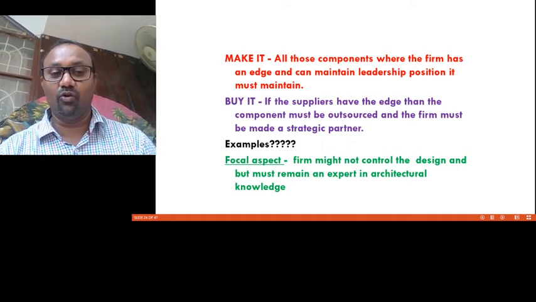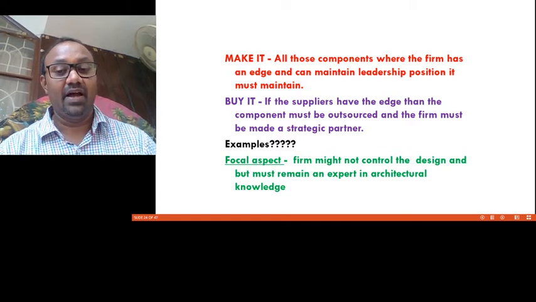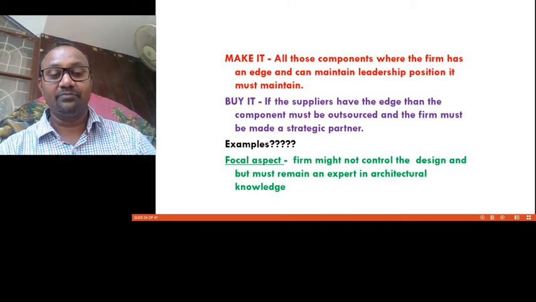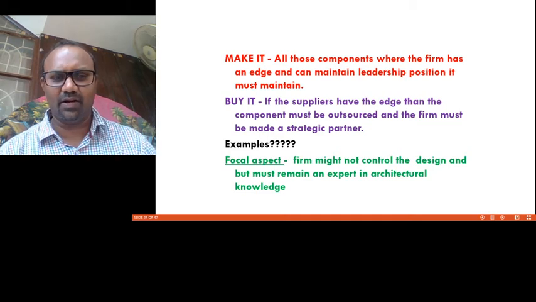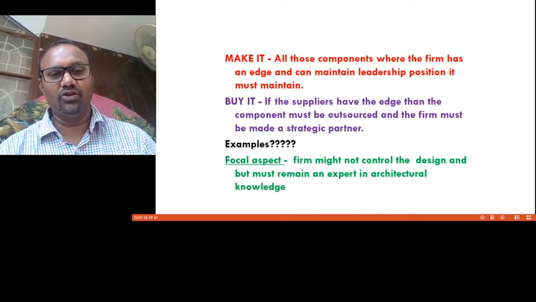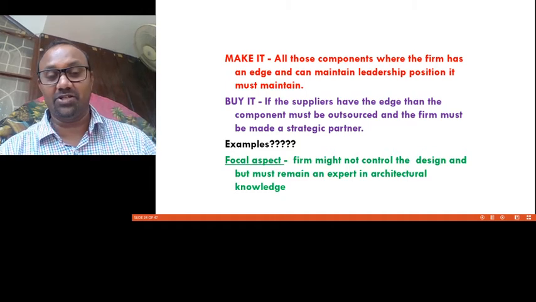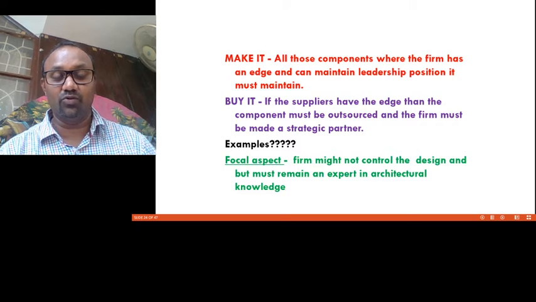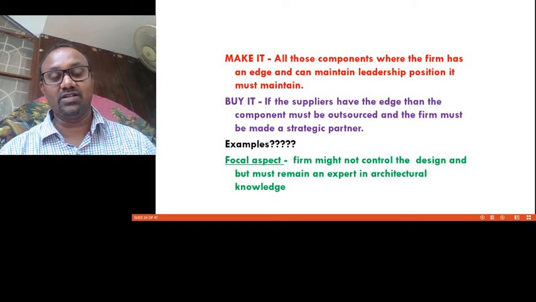So whatever you do, the focal point that you must keep in mind is that the firm might not design, might not control the design, but must retain an expert in architectural knowledge. Which means the threat of bargaining power, of your outsourcing partners trying to take control over your operations and your value chain and supply chain, is always there. So irrespective of whatever you outsource, you may not be an expert in those particular fields, you may not have the domain knowledge, but you must have the working knowledge or the architectural knowledge that is very necessary